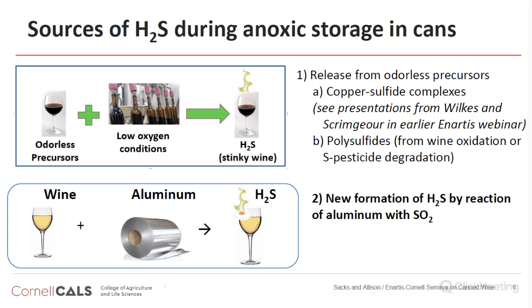But what I'm going to be focusing on today is the potential for tainting. That is new production of H2S, as opposed to release of H2S that was previously in the wine. And in this case, the wine is reacting with the aluminum, and specifically the SO2, we believe, is reacting with the aluminum to generate H2S. And so this reaction